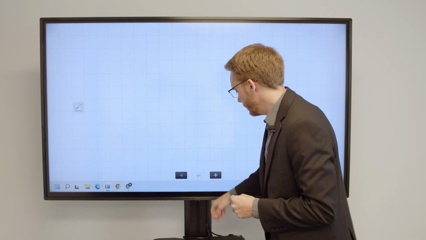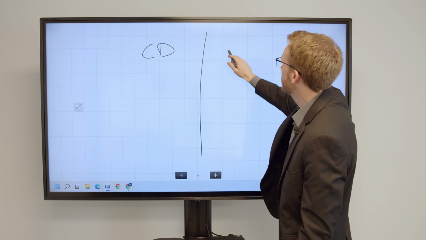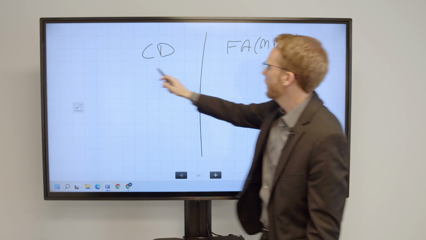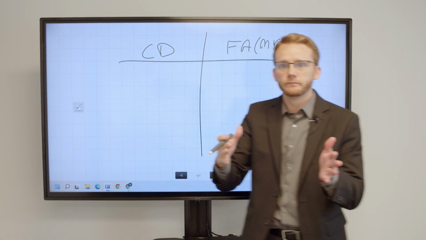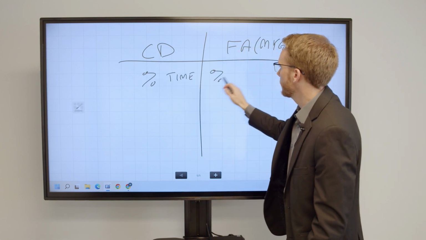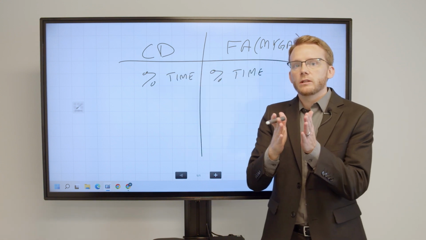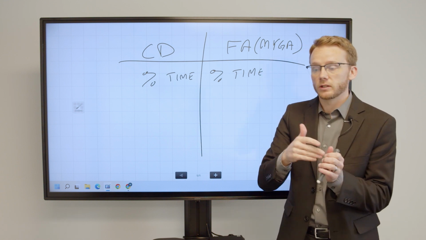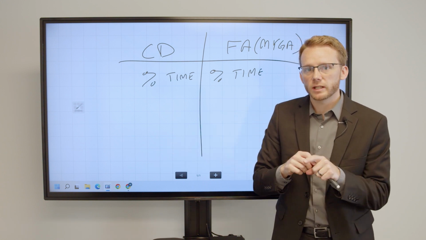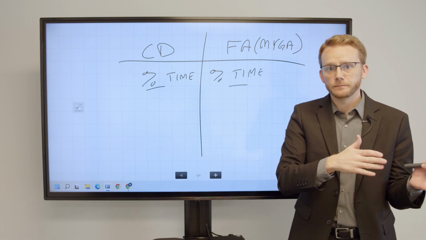go through between having a traditional CD or a fixed annuity, or like I said, a MYGA. The concept is the same. You have a set interest rate for a set period of time. And just like with CDs, fixed annuities are similar in that sometimes they'll credit interest every month, sometimes they'll credit interest every year. Typically with fixed annuities, you'll see them every year, but some of them are set up a little bit differently. But that baseline concept is your similarity.